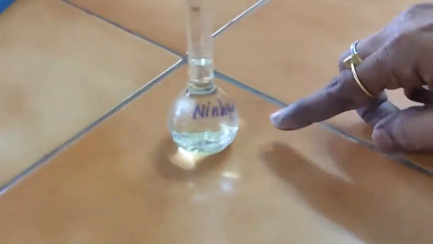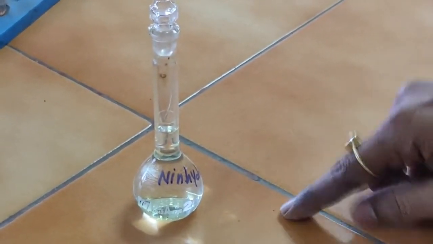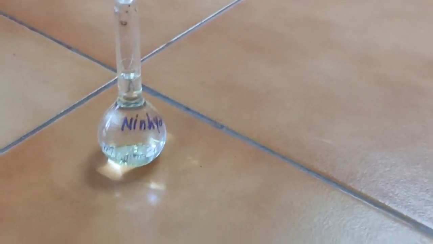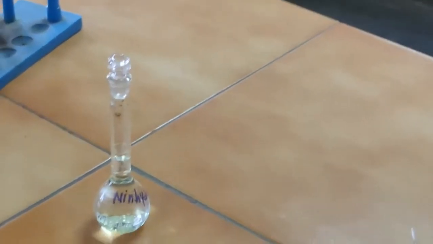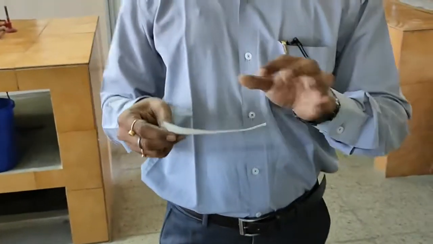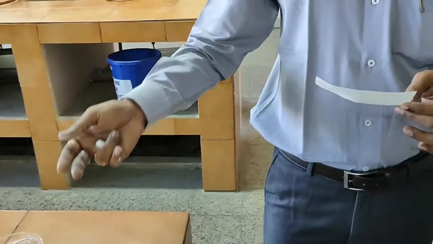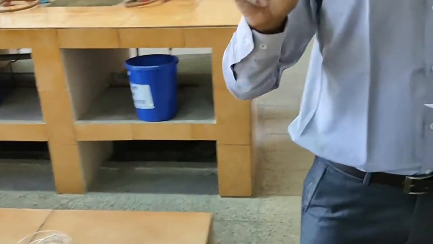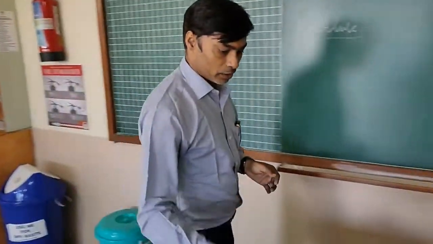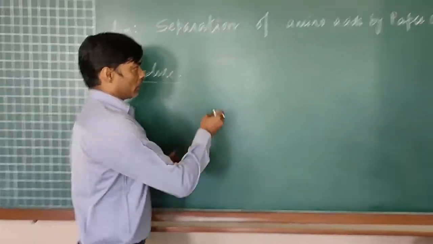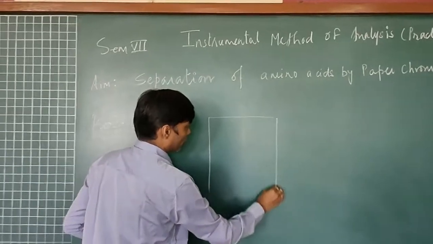So I have the spraying reagent available with me, very specific for the amino acid, which is ninhydrin prepared in butanol acetic acid mixture, and individual unknown amino acid solutions I have also prepared, and I have cut this particular paper according to the size of this chamber. I need to have a lid which will not allow the solvent to vaporize, because it needs to be closed so that the saturation can be carried out. Now I will draw the picture of how we have to apply the spot.